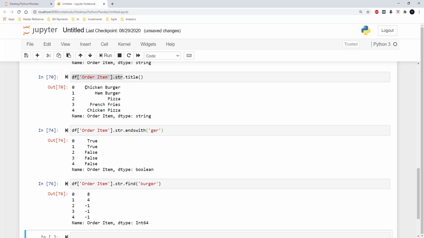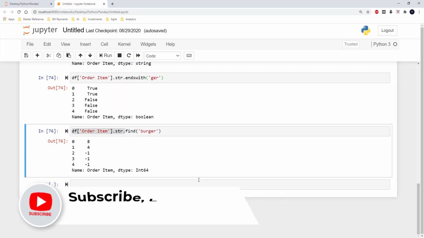So C is in position 0, and then 1, 2, 3, 4, 5, 6, 7, and then the B in the burger starts with the position 8. Same in the hamburger, for the second value the output is 4, because the position of burger is from 4, and the third, fourth and the fifth values do not have burger in it, and so the output is -1.